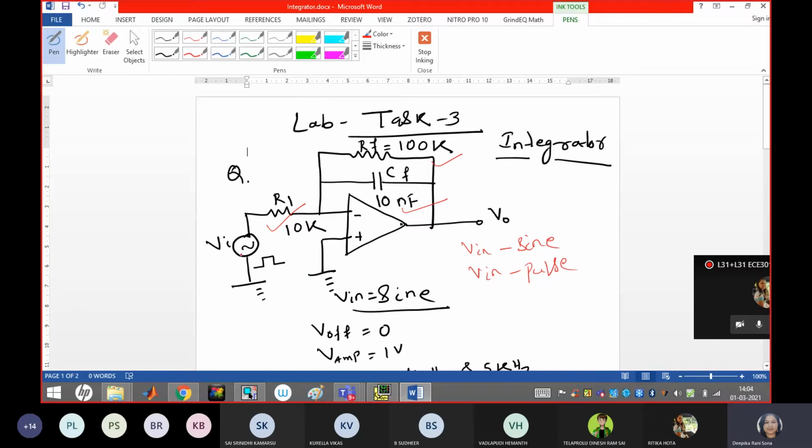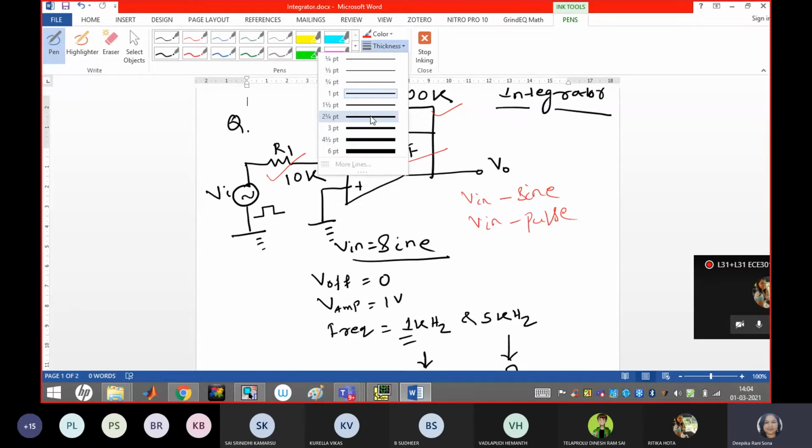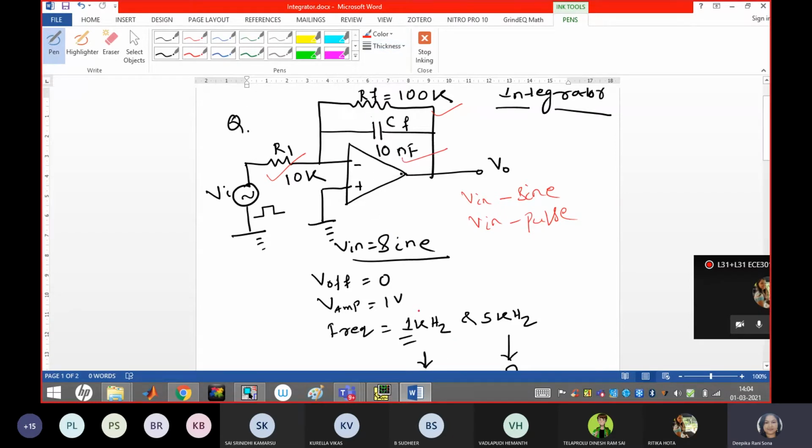At the input properties, V offset is 0. As sinusoidal input, use V amplitude 1 volt, but try the frequency with 1 kilohertz and 5 kilohertz. Make a note of these two things. You have to try with two different signals and check the output waveform. Got it, guys?